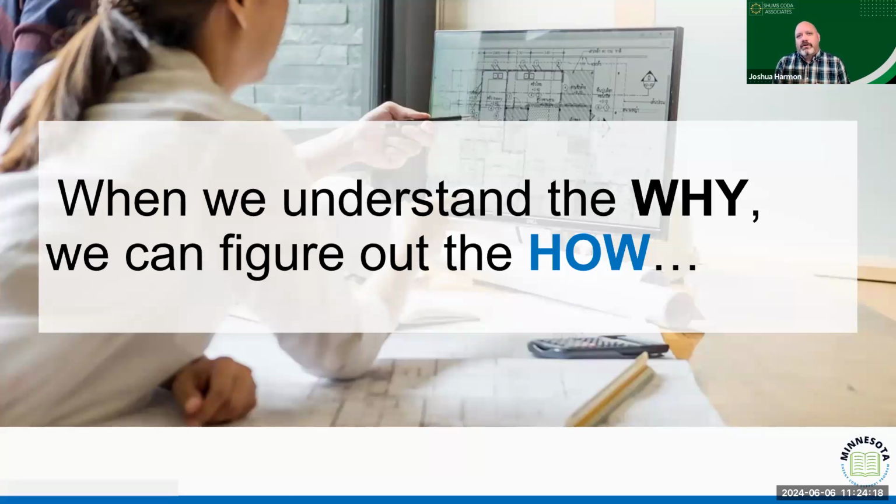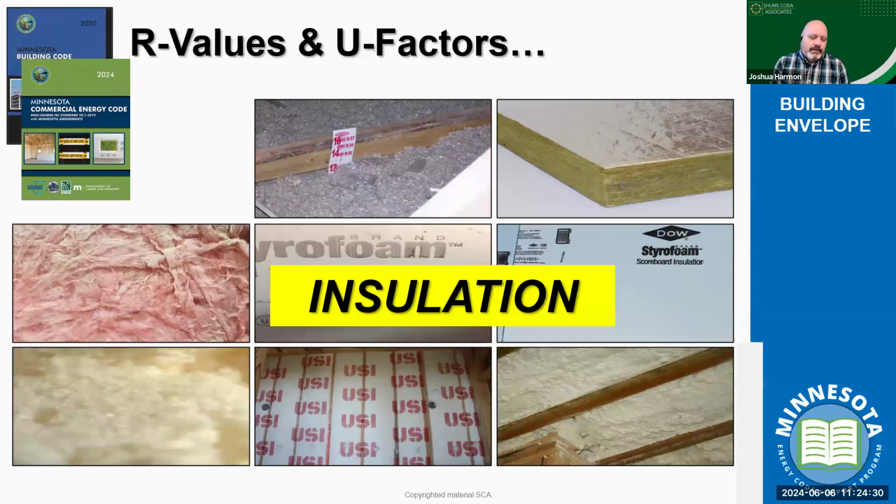But if I understand that building thermal envelope is that particular material choice, when we talk about insulation, right? This is going to be a part of the conversation we'll look at in our next in-person class. When you design a building, considering the different types of insulation that are available, you may be making a decision based on not only thermal resistance, but on other component values, right? We understand that materials like rigid insulation provide not only thermal resistance, but can also provide a level of water resistance, or vapor resistance. Certain types of spray foams may also be used as air barriers.